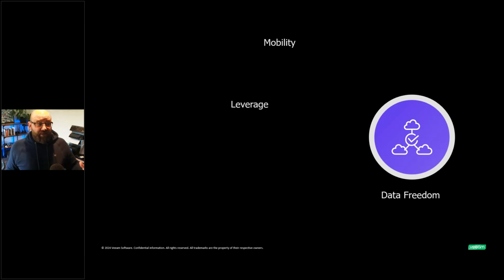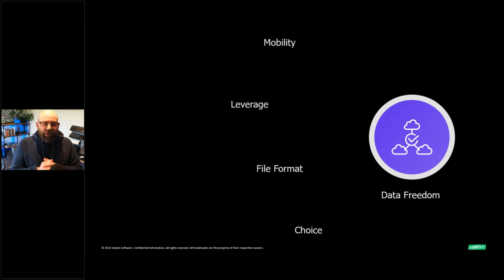How can we leverage that? So we're going to use that mobility story, but then how can I leverage that data that is now running in AWS to get some information out of that? Again, I told you about me loving that terminology around being able to leverage that data. The file format, the VBK format. Now, this is only really applicable for the image-based backups that we have, but ultimately, any of our image-based backups land in that VBK format, which means we can do all of that recovery task, or bring that back into wherever it wants to be.